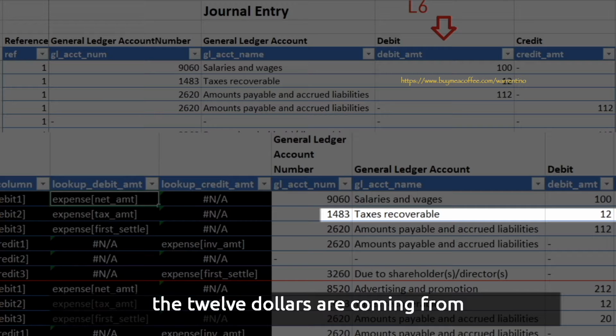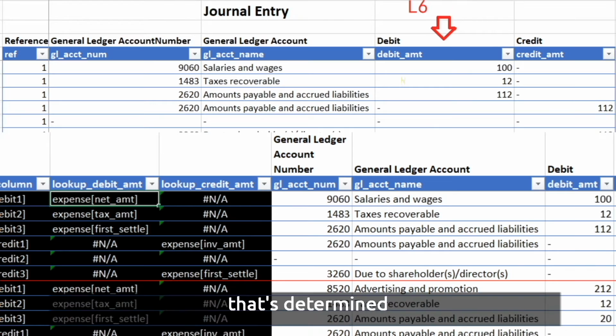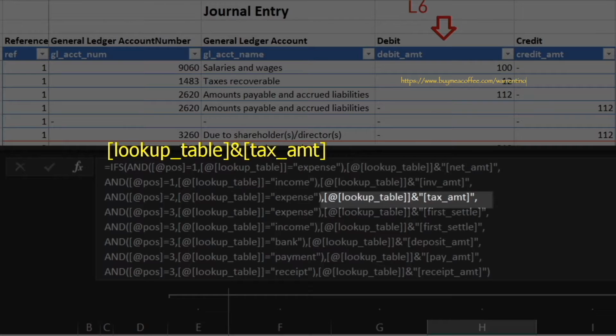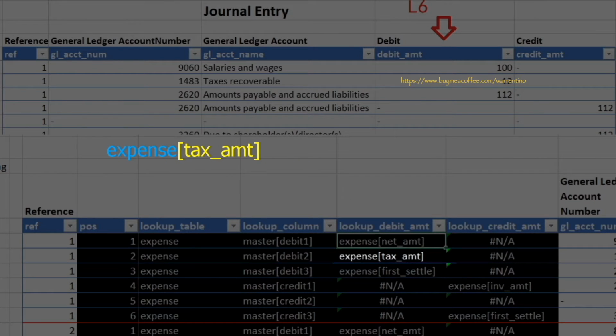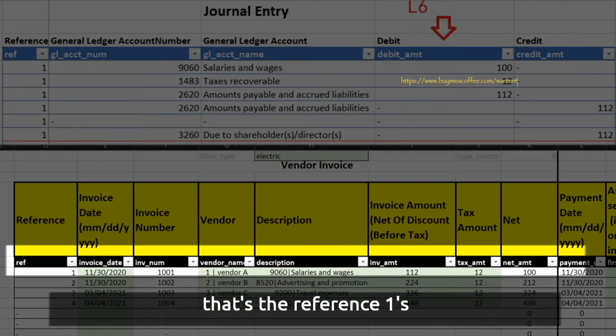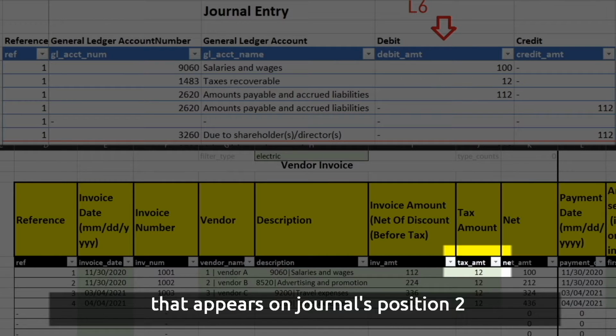The $12 are coming from the tax amount column of the expense table. That's determined by the lookup debit amount column. That's the reference one's tax amount that appears on journal's position 2.